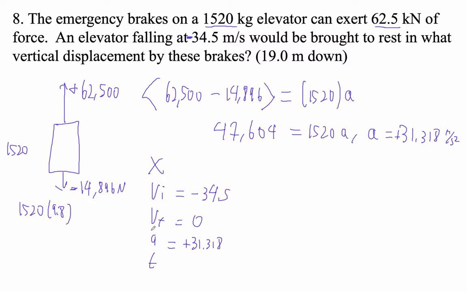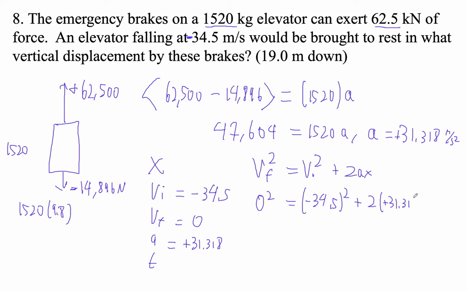And then we want X, so we use no T, right? So VF squared is VI squared plus 2AX. So 0 squared is minus 34.5 squared plus 2 times positive 31.318. And I guess we're solving for X. Okay, so let's see. 34.5 squared is 1190. And if I put it on this side, it's negative 1190.25. That equals 2 times